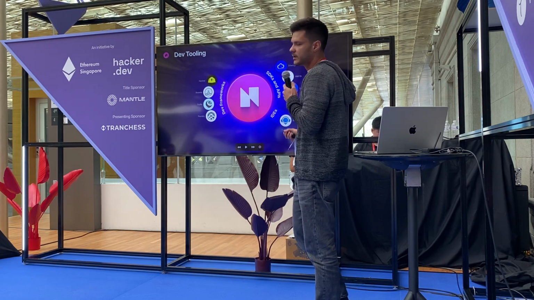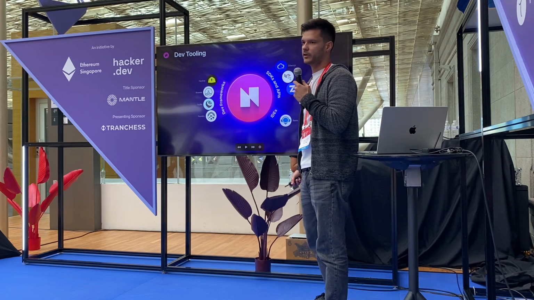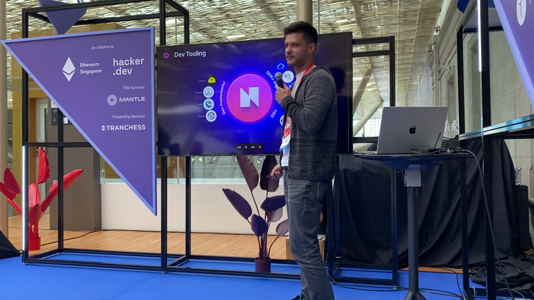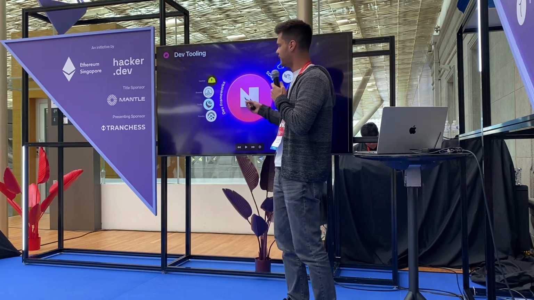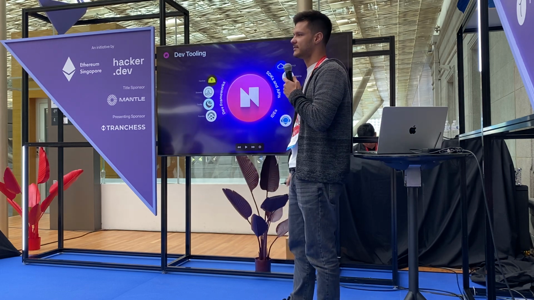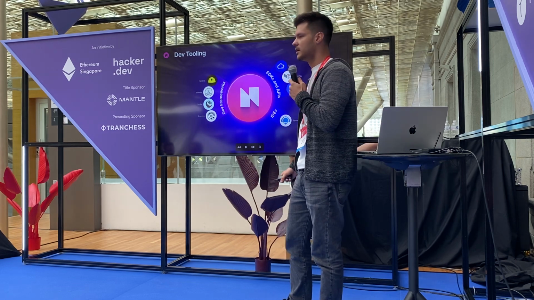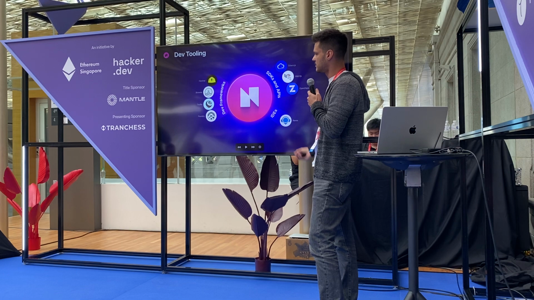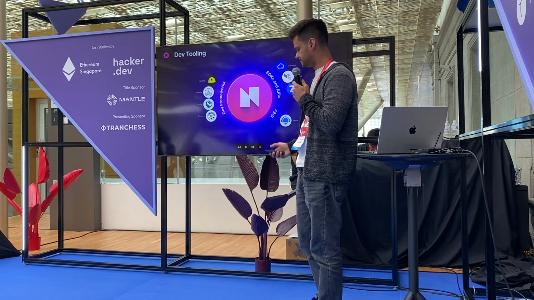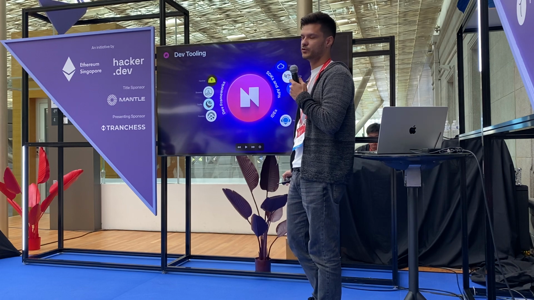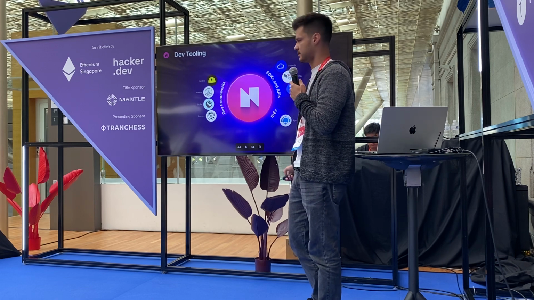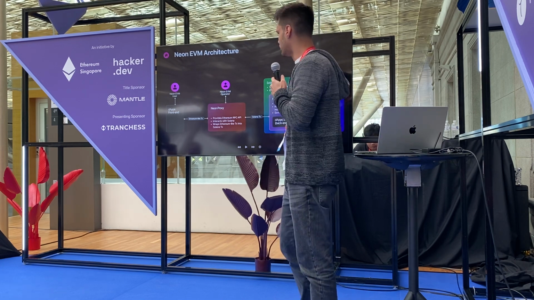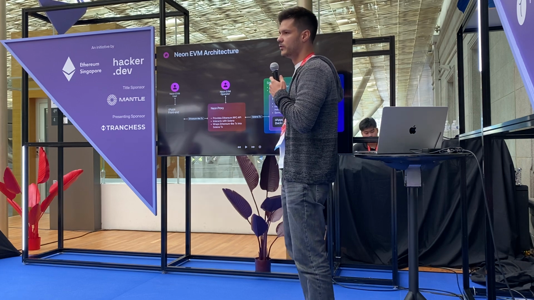In terms of dev tooling, basically we support all dev tooling for Ethereum developers. As you can see, even the most famous right now, Foundry, which is very, very famous and trending in smart contract development, and also among security researchers. We support OpenZeppelin, Ether.js, Web3.js, basically any product for dev tooling out there is supported by us. So yeah, let's go one step deeper and see how Neon EVM works, and actually how we manage to